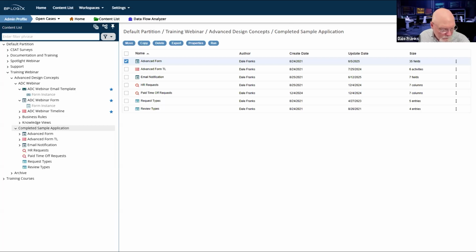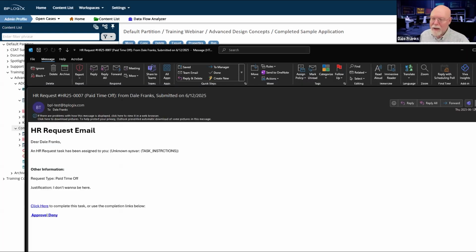No, these are all technical support tickets. There we go. Now it's finally come in. So here is my, okay. It's task instructions, not task instructions. So that's a fail. But my other two system variables are in fact spelled correctly, and they do produce information. So I've got my information that I need.